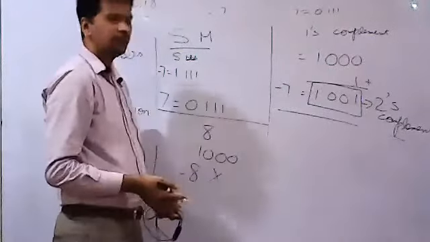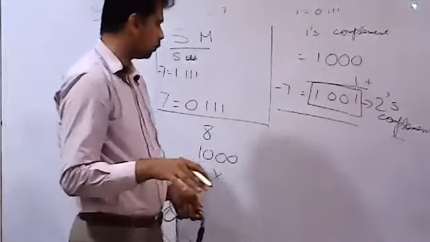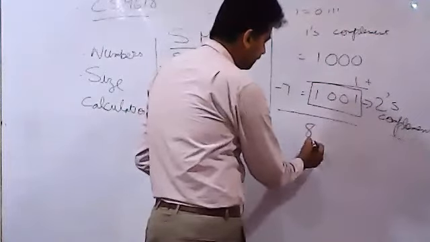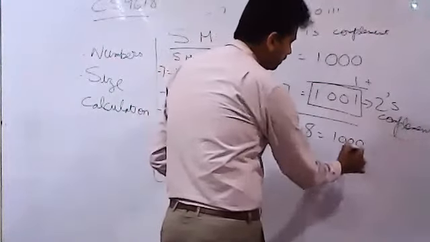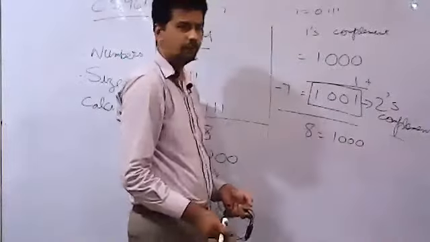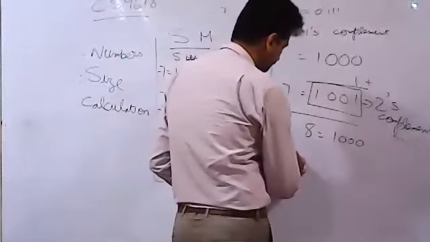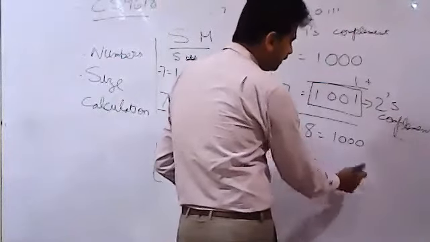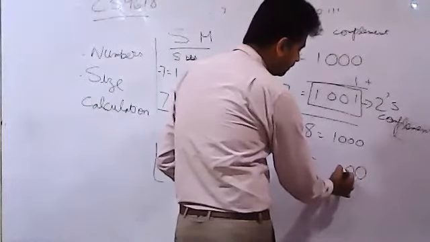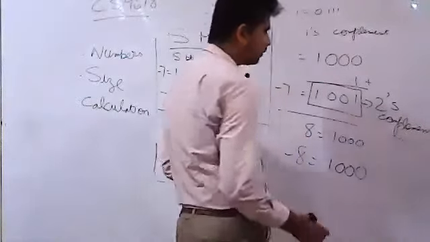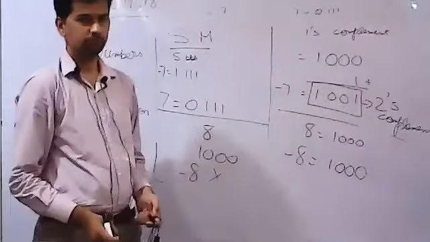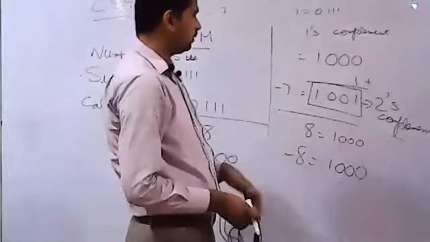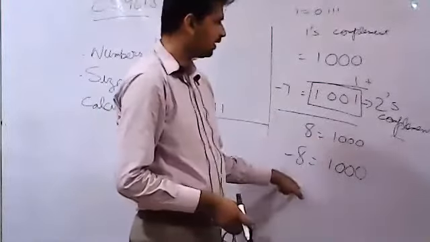But the 2's complement method actually handles all this well. In the 2's complement method, 8 would be 1 triple 0 and the negative 8 would be the 2's complement of that. Scan it from the right and this is going to remain the same. You might see the confusion here, that how can I represent the positive and the negative value in the same way?